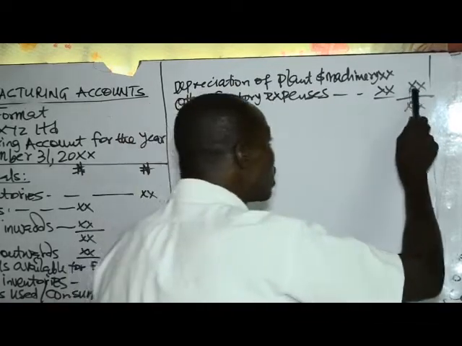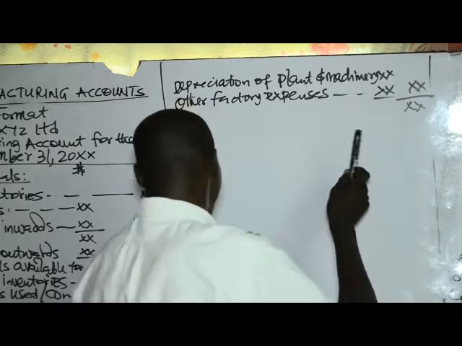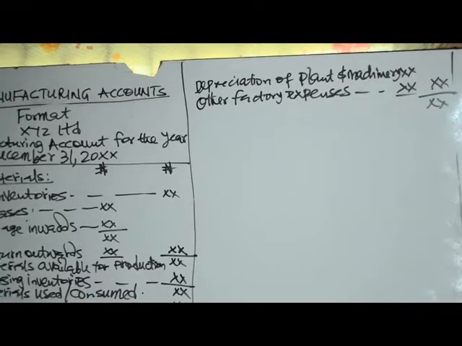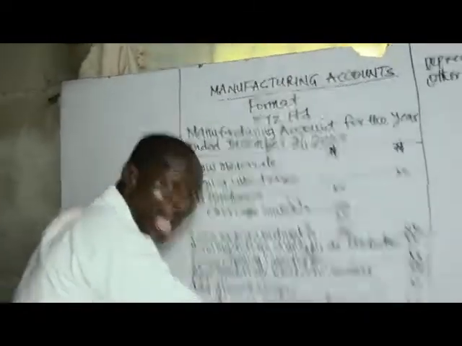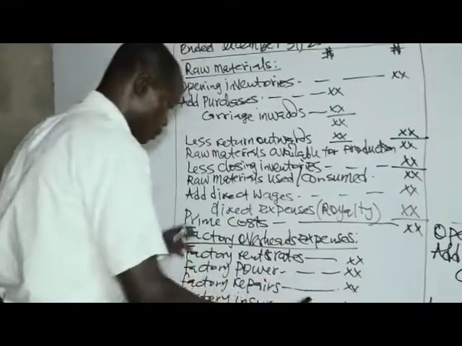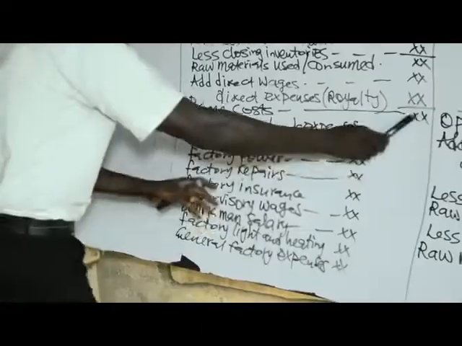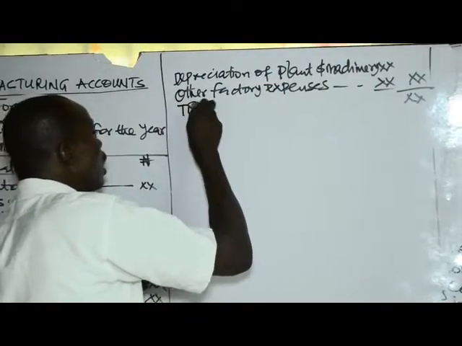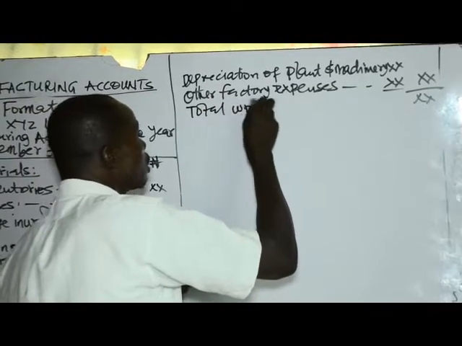Then this total factory overheads will now be added to the prime cost calculated. You now add it to the prime cost. I'm talking about prime cost and the direct cost. You know, these are the factory overheads. So when you add it to the prime cost, then you have the total works cost